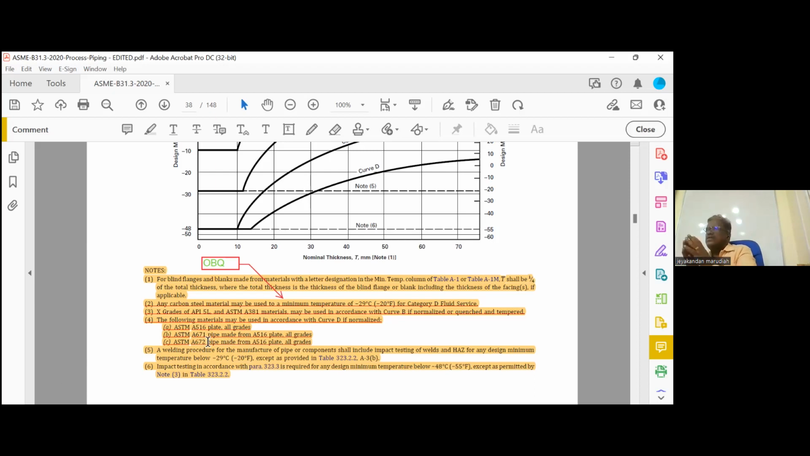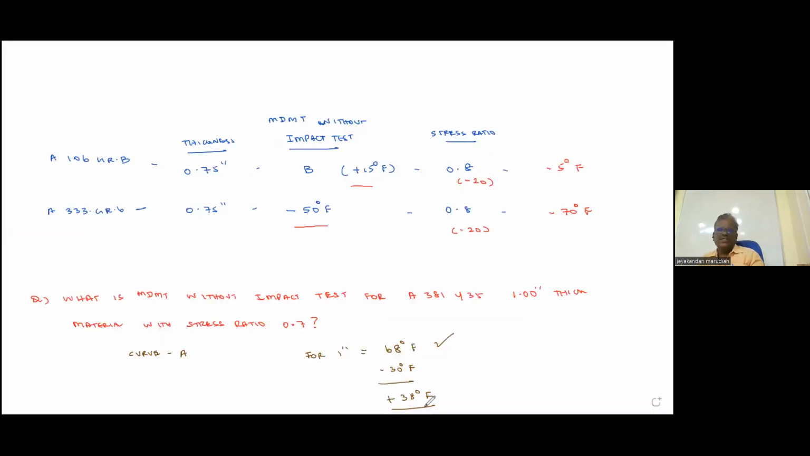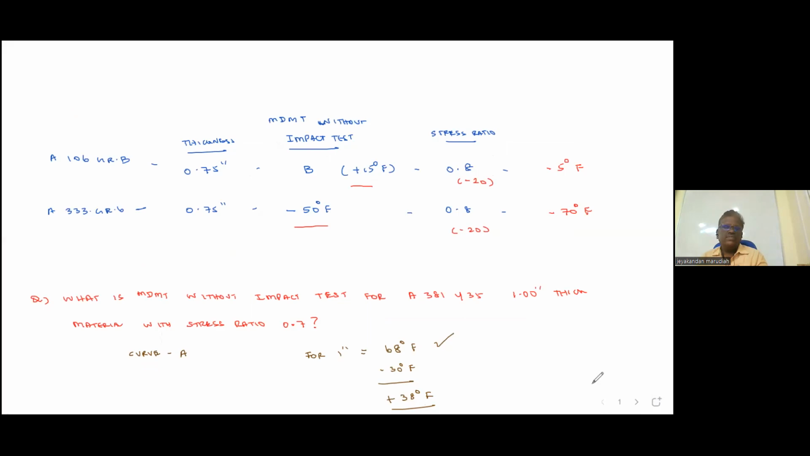Okay. Now, this is the one step. I will go back to the original question. So what is the answer? We got it now, 38 degrees. What is the meaning of this? A381, Y35, okay, Y35,